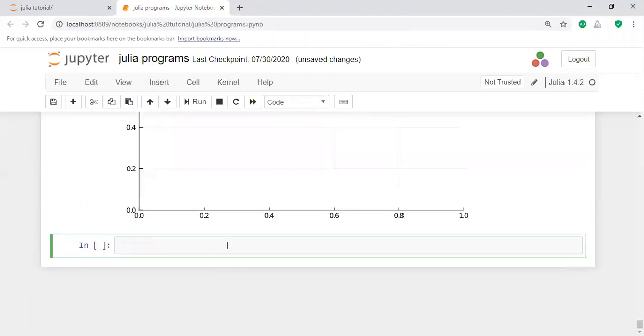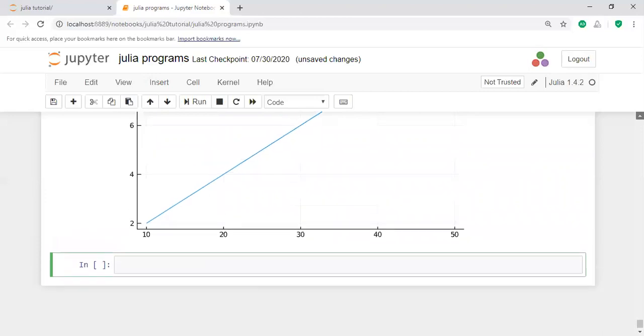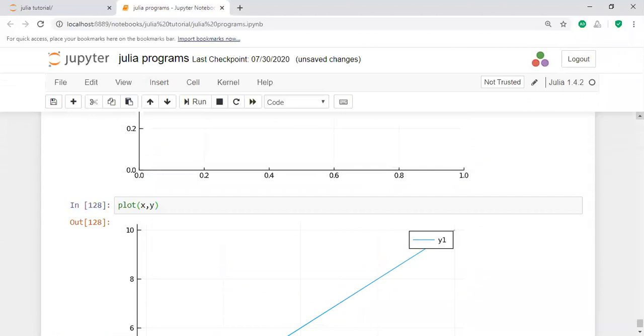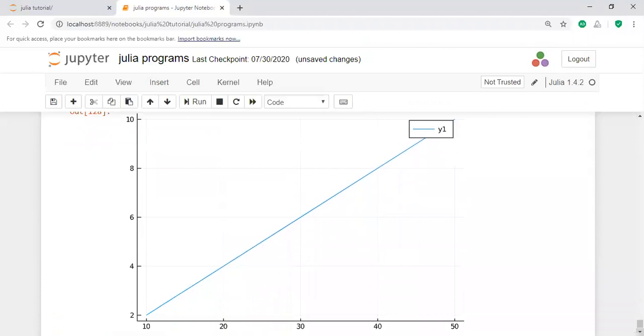If you want to plot x comma y, I am taking a plot like this: x values 10, 20, 30, 40, 50, and y values 2, 4, 6, 8, 10. Is it correct or not? That means I am taking the x values and the y values like this.